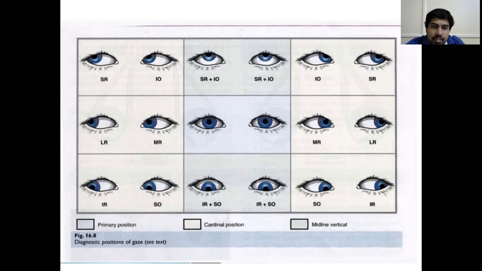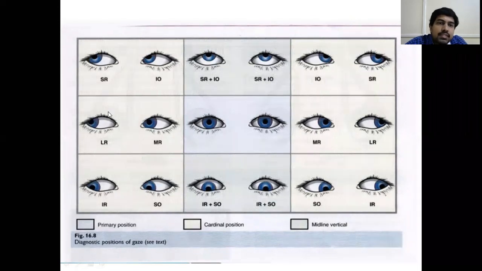So I told you cardinal means they are very important. Why is it very important? Here you can examine each and every muscle independently. Suppose you take dextroversion, because right and left is confusing. For me it is right and for you it is left, and the computer is showing a laterally inverted image. So suppose this is the patient's right side. The right eye is looking towards the right side, the left eye is also looking towards the right side. So this is dextroversion.